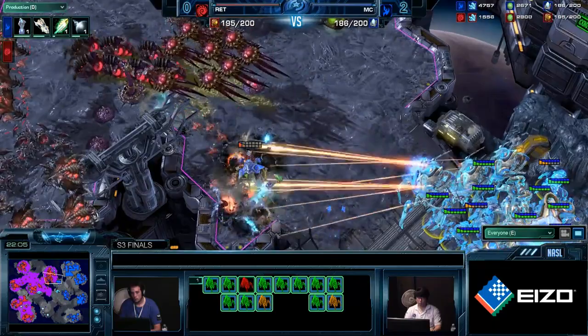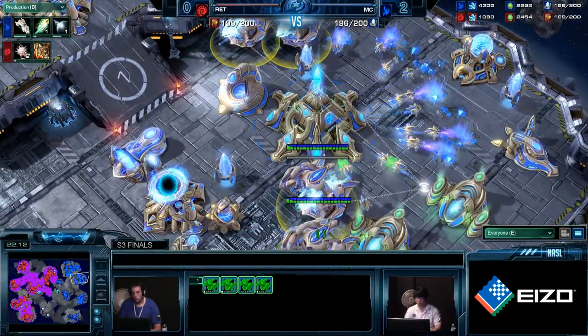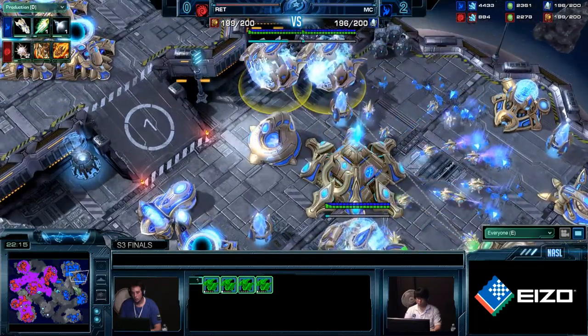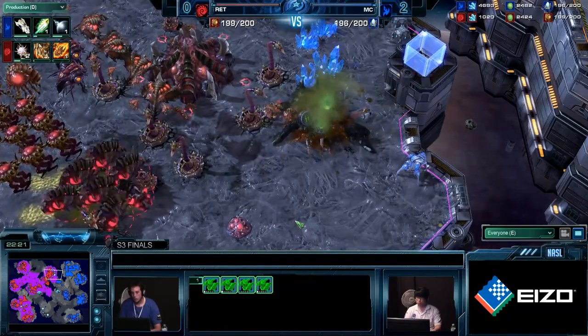And looks like MC does try to stack another one. But again, slowly trading so he can incorporate more carriers into his army. There it is. This is a difficult transition to step to. Certainly the carriers are the effective choice to have, but